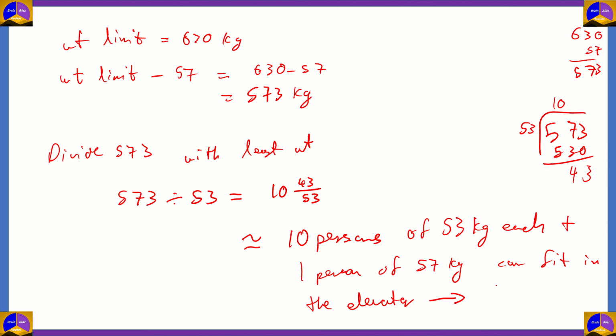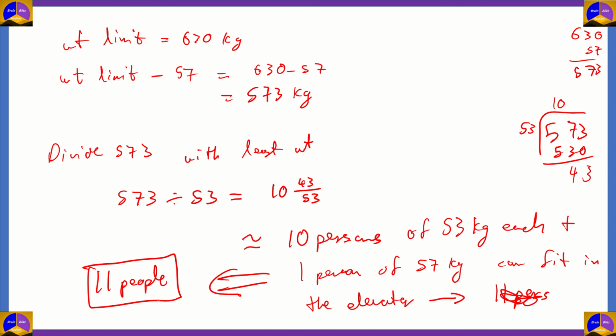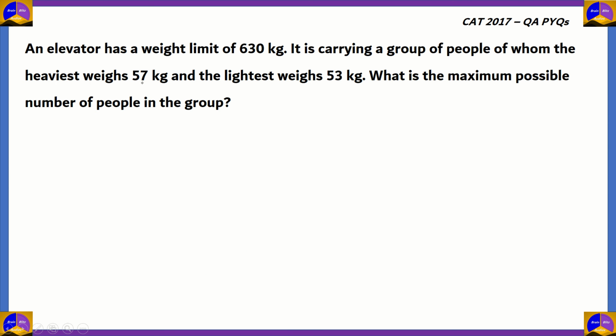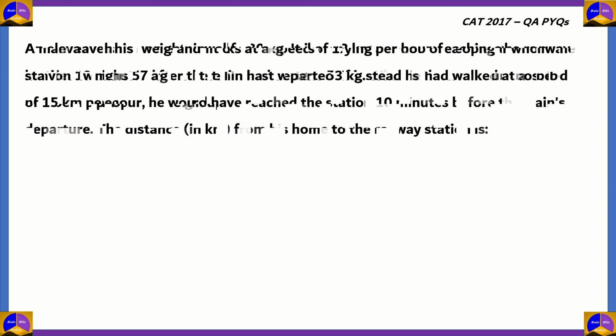So that means the maximum number of people that can be fit in the elevator is 11 people. So 11 people is the maximum amount of people that you can fit in the elevator, provided the heaviest person weighs 57 kilograms, and,